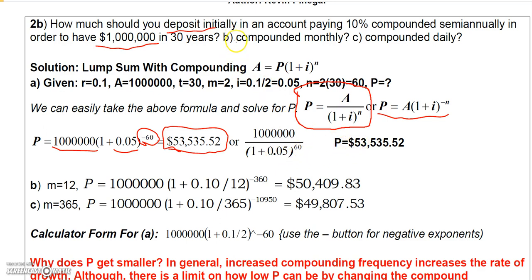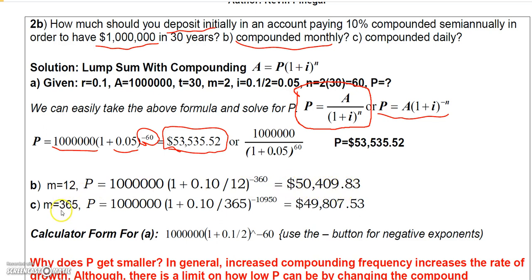Now, what if we had monthly compounding? Well, the only difference would be that the m would change to 12. So I'd have $1 million times 1 plus 0.1 divided by 12, and then the n would change to 360 because 12 times 30 would be 360. So I'd have this formula, $1 million times 1 plus 0.10 divided by 12 raised to the negative 360. So I would need